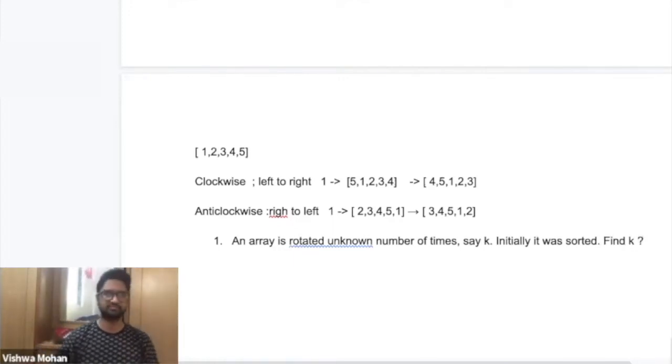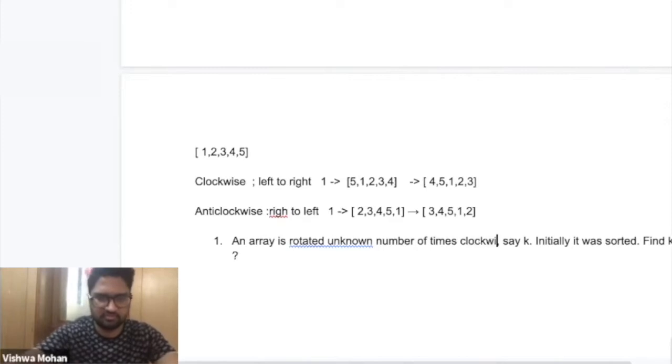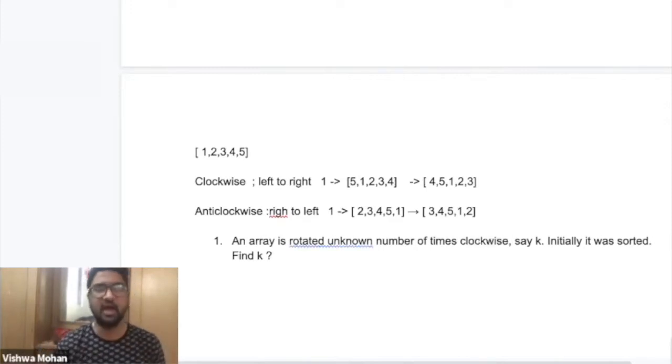Question is, you have been given an array which was initially sorted, but then some random guy came and rotated the array unknown number of times, say clockwise. You have to tell me how many times it was rotated.